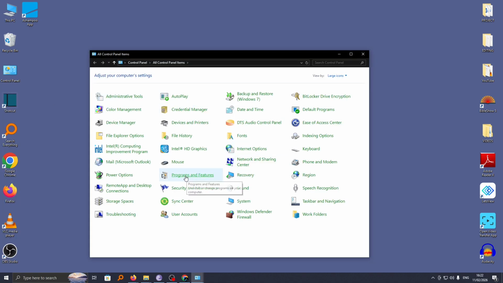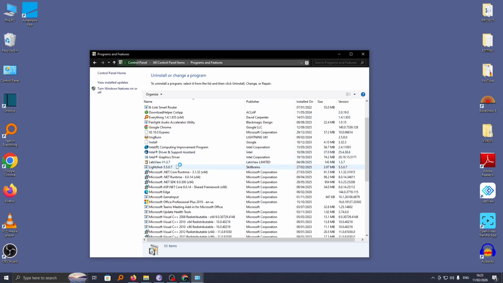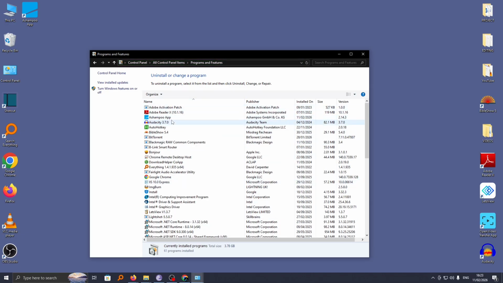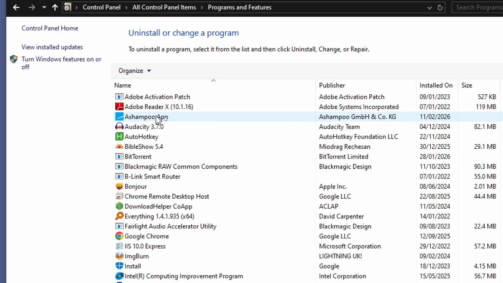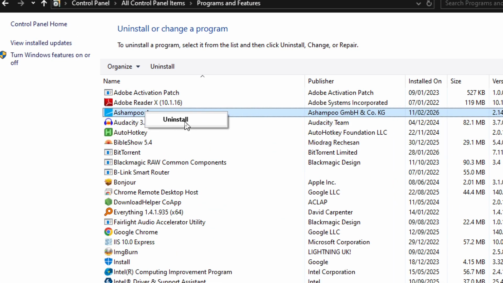From Control Panel, go ahead and look for Programs and Features, and this will list all the programs that you have on your computer. From the list, go ahead and locate Ashampoo app. You can see it is here, and then to uninstall, go ahead and right click on it, then choose uninstall,